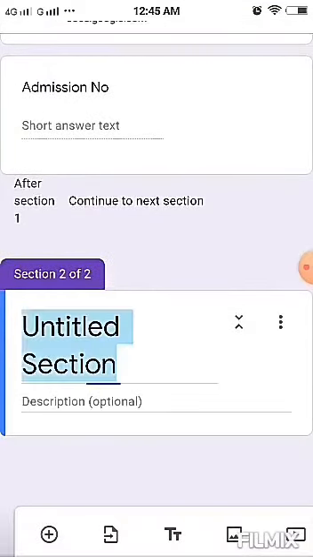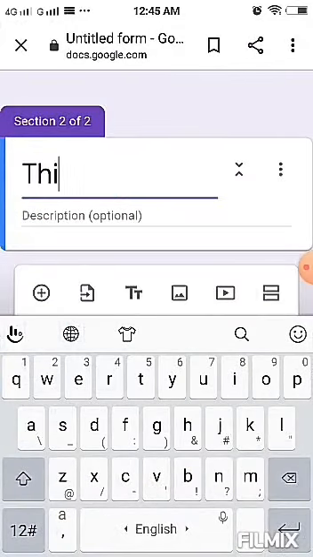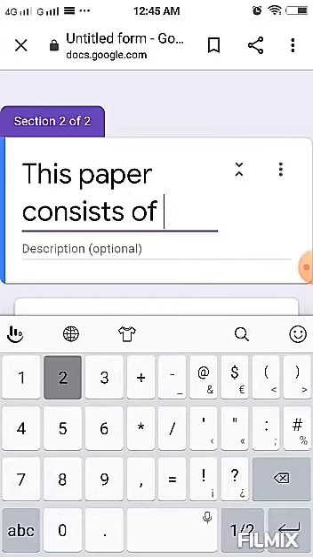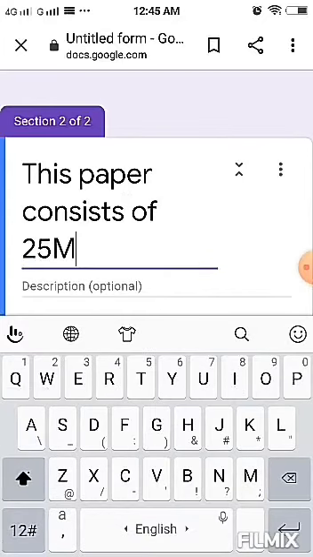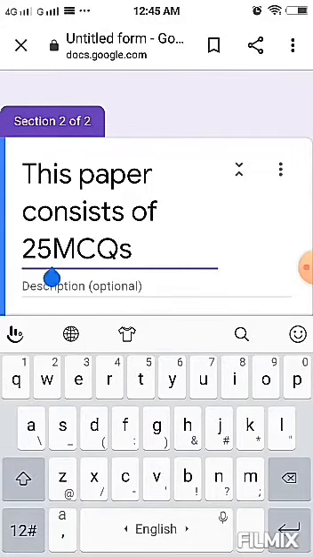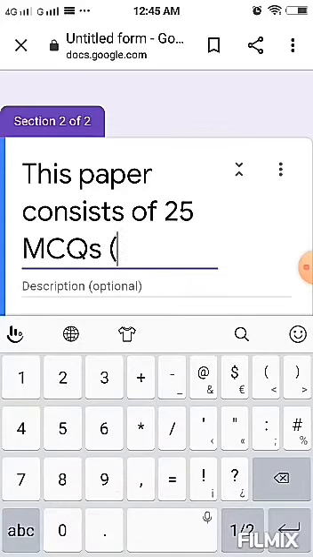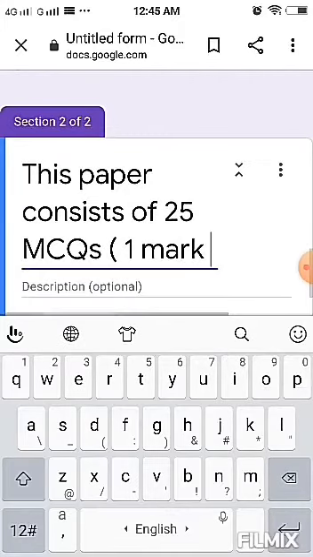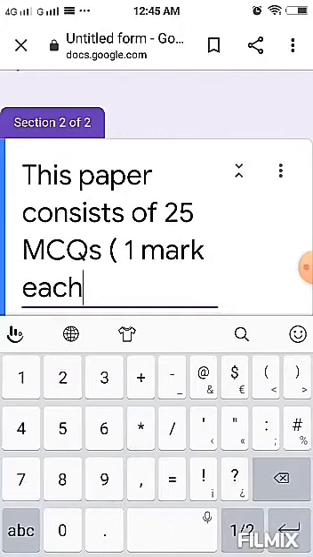At the place of untitled form write: this paper consists of 25 MCQs, one mark each.